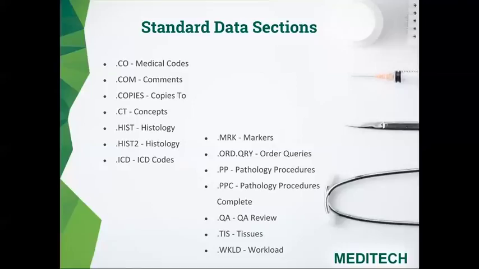The .hist2 data section will provide you with similar information as the .hist1 data section, but has greater details. For instance, the tissues entered in enter-edit pathology findings routine under the .tis data section appear in the .hist2 data section,